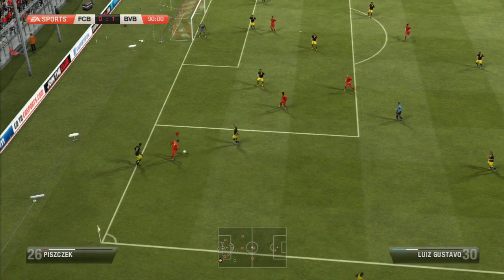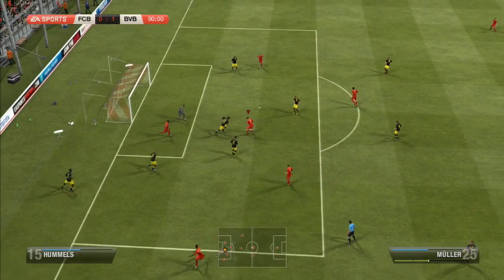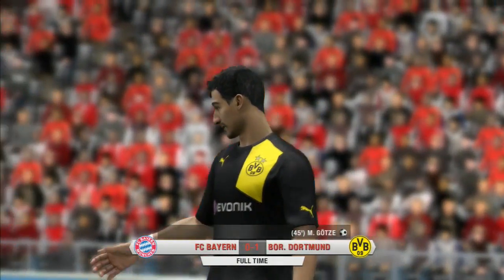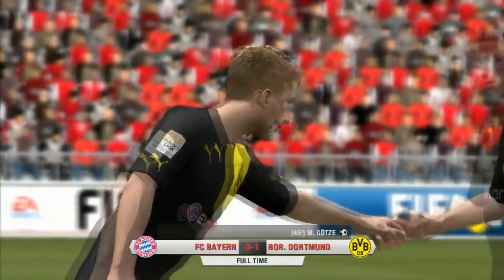A last chance effort finds Luis Gustavo wriggling free in the box, and again it's Müller who finds himself with the last chance on goal to bring the score level at 1-1, but Mats Hummels denies him with a world-class block. The score in this one ends 1-0 in favor of Dortmund. I don't particularly think that this will be the scoreline in the final, but it's